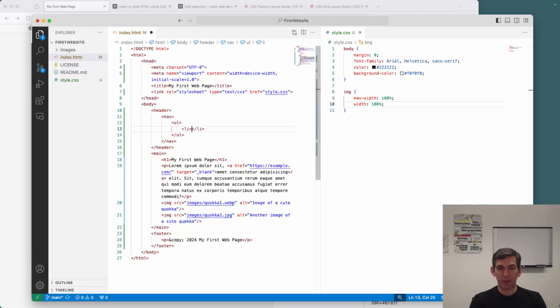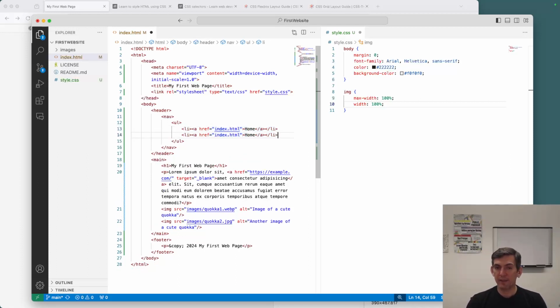And since this is a navigation bar, every list item would be a link to something. It could be a link to another page. For example, you might have a website with a home page, an about page, and a contact page. So you would then have an anchor with an href to, let's say, home.html, or well, home is typically index.html, right? Index.html. And then we'll call it home, right? And then we can take the same line, copy and paste it below,